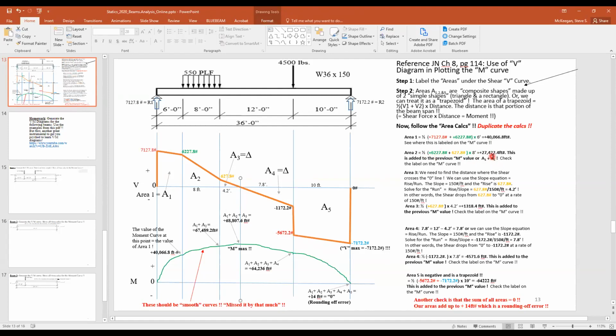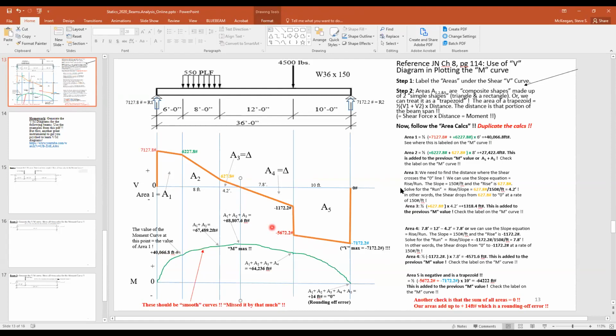Here's where you made some mistakes on the previous homework. This 27,422.4 is added to the previous moment value. 27,422 is not the value of the moment curve at this point. So this is area 1, the value at this significant point on the beam is the sum of all the previous areas. They both happen to be positive, so that's why you have